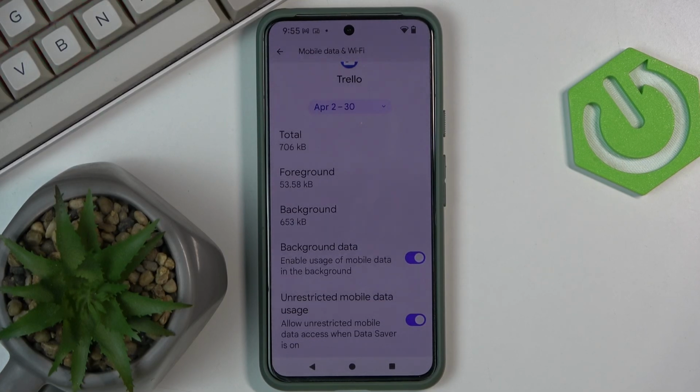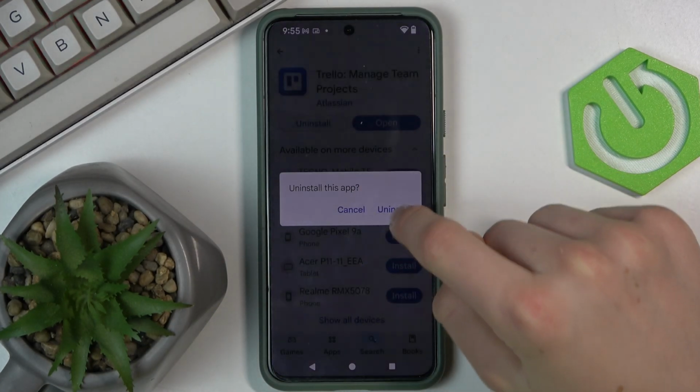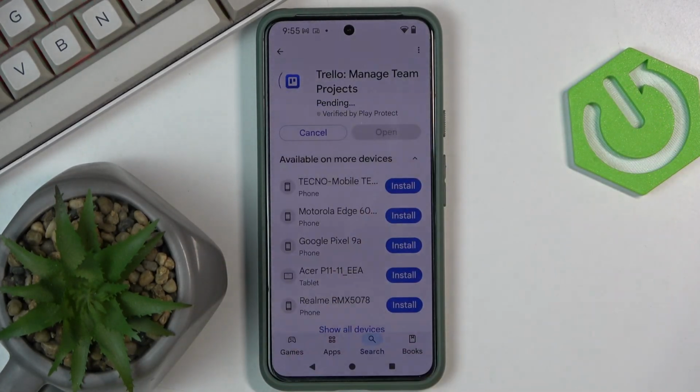But if you still got some issues, I'm gonna show you the last easiest way. So you go back to the Play Store, click uninstall, and just reinstall the app. After this,